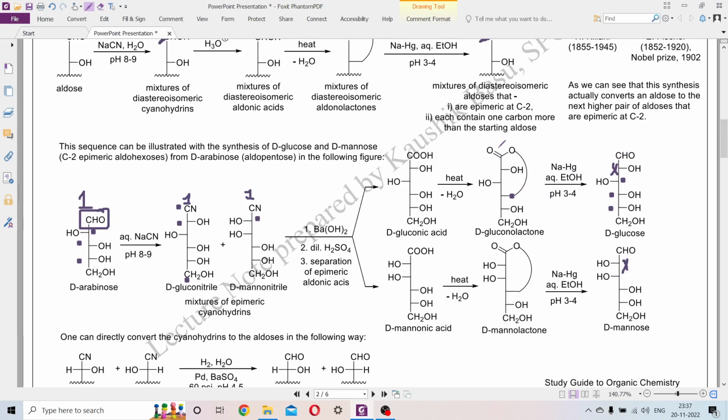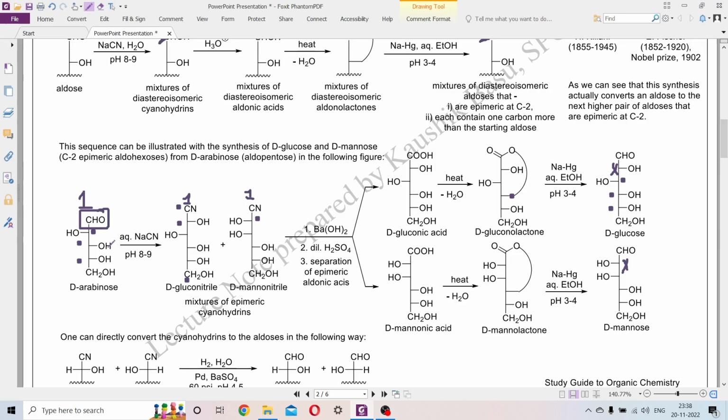So the C1 lactone will get converted to CHO, and we get D-glucose from the D-gluconolactone and D-mannose from the D-mannolactone. So obviously the carbons that were numbered 1, 2, 3, 4 and 5 in D-arabinose are now numbered 2, 3, 4, 5 and 6. The configuration at C2, C3, C4 of arabinose is the same as that of C3, C4, C5 of both the products,